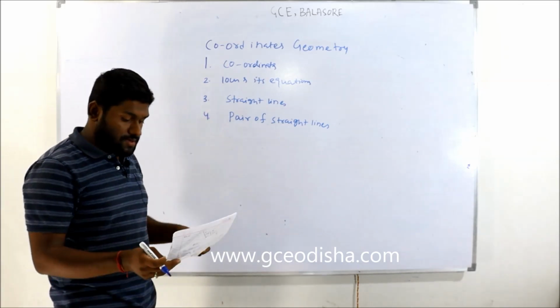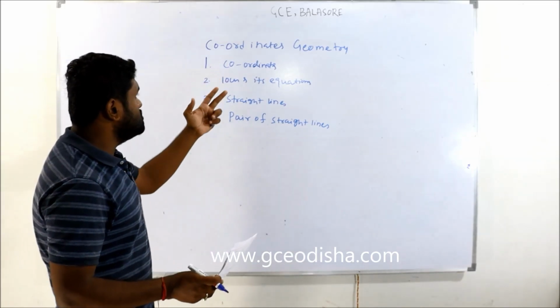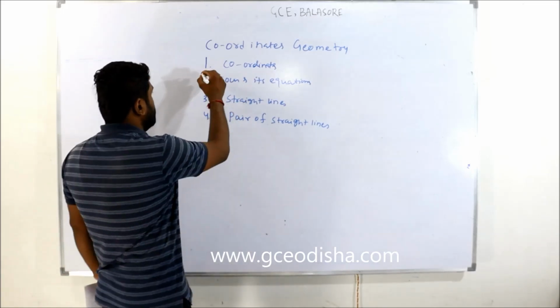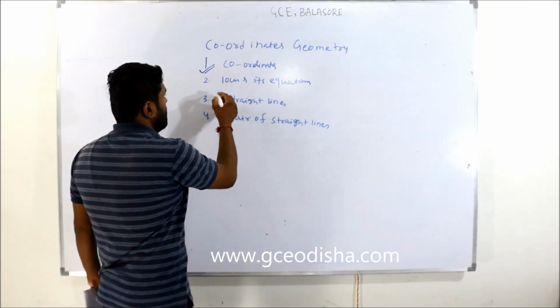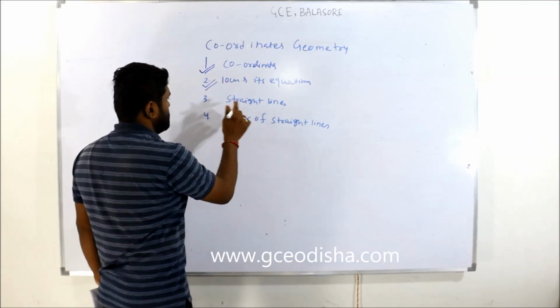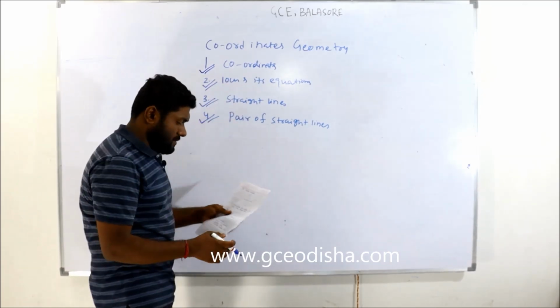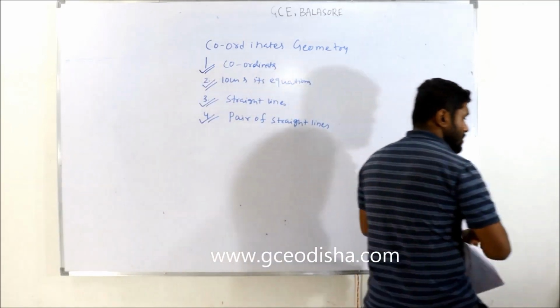Based on the syllabus, I am dividing coordinate geometry into 4 parts. First we will study coordinates, after that locus and equations, after that the straight line, then finally pair of straight lines. Okay, let's start with